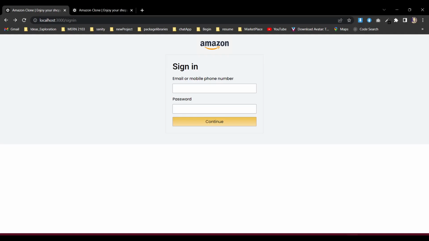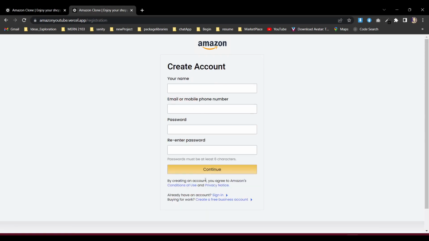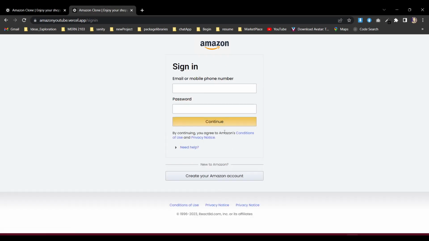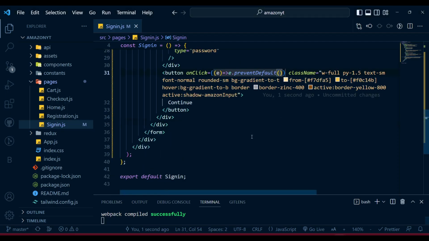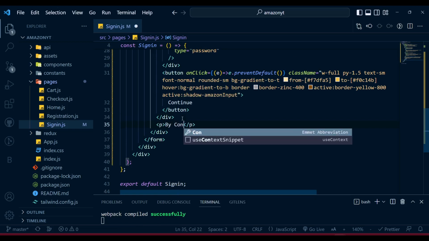Now after that, we need to create that portion, the little bit of portion. And I think the sign in and the other thing is almost the same. So let's create that portion. To create that one, after the button and after the div, I'm gonna go a lower level of the div. I think, see, the gapping is almost the same way it's coming. So first of all, there is our button, and after the button,